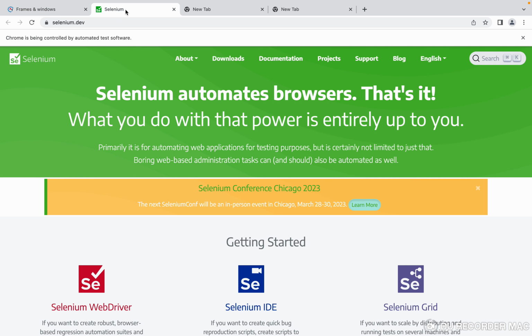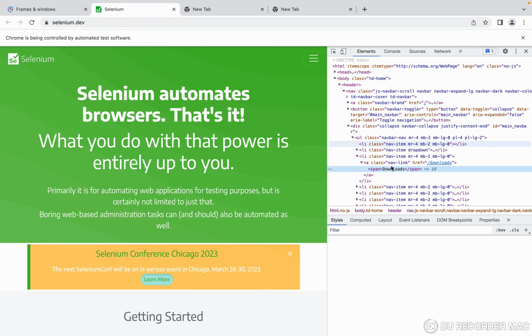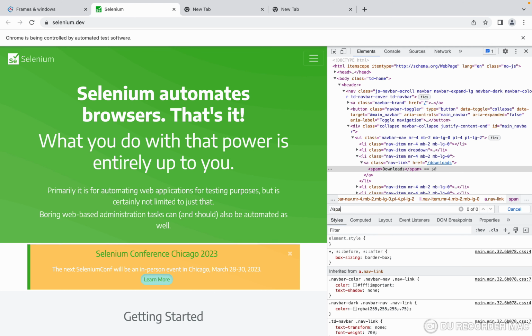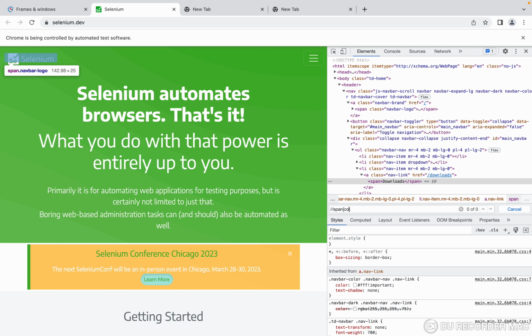So in the child, you want to do some actions. In this page, I'm going to click on the downloads button. I'm going to inspect this download icon. This comes under a span, so I'm taking the span word: double slash span. Here I'm going to use the contains method to implement this. Contains text of what text? Downloads text. It is highlighted, it is 1 of 1. I'm copying this XPath